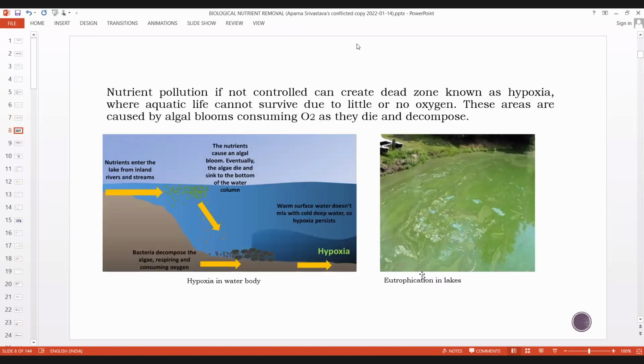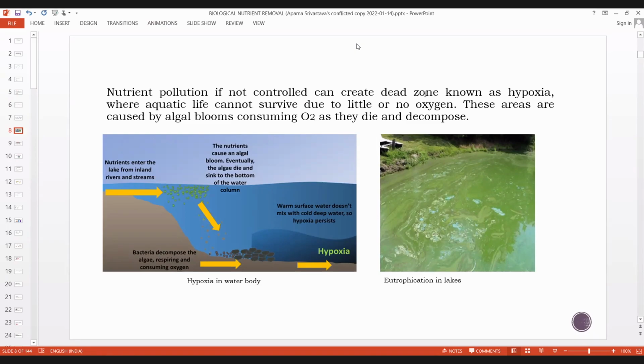So you just see this is the eutrophication process. It's a very common problem in Indian rivers. It's a very common problem because in India we still have very limited wastewater treatment plants, and most of the time you will find that city wastewater is directly discharged into a local river or local nala, which again meets the river. So it's a common problem, because India has very limited wastewater treatment plants. So nutrient pollution, if not controlled,